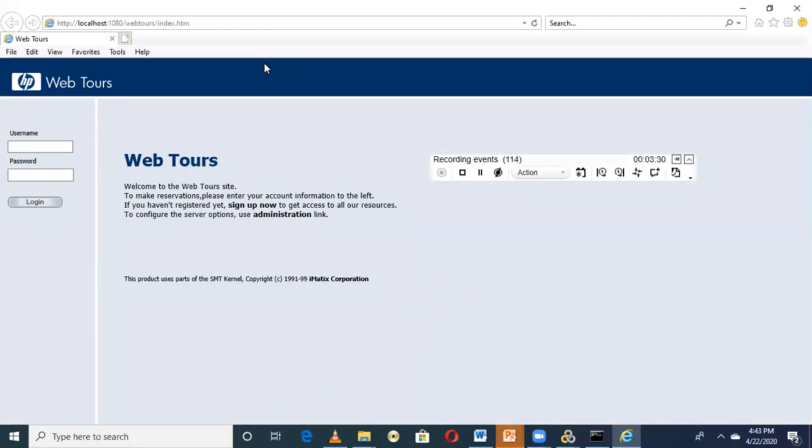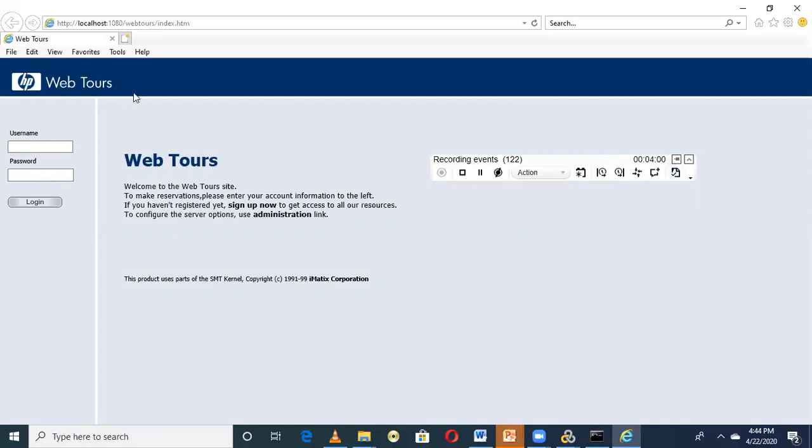Now we've got the WebTools homepage. So the next step is that we need to end the transaction. Our first transaction is done, so for that purpose we need to end it. But before ending the transaction, how will the system understand whether our first page has arrived or not? For that purpose we are going to insert a text check here.